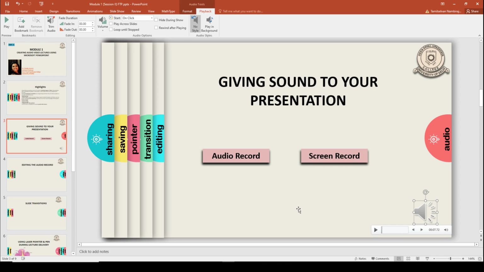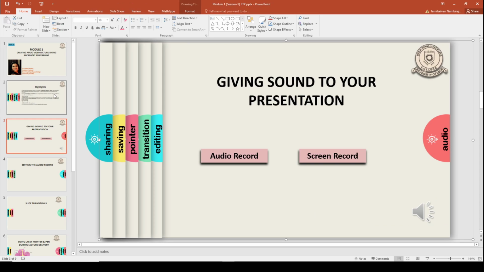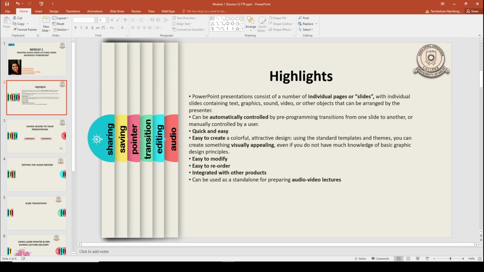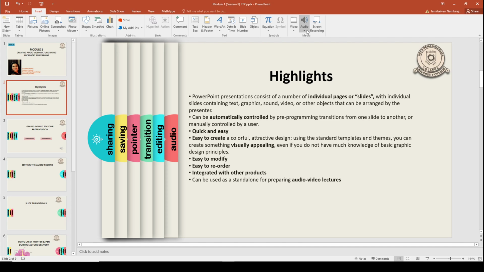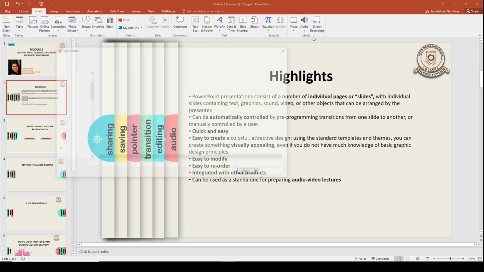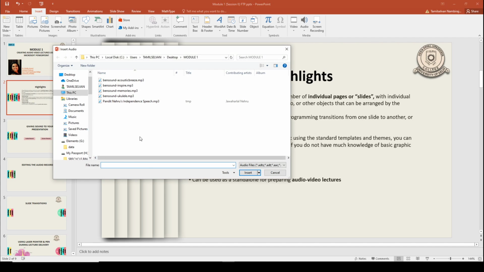So this is how you can include or insert any audio file into your presentation. Now suppose you want to insert a song into your presentation, so again you go back to the insert tab, you go to the audio button, click on audio on my PC. Now you can insert any song that you have saved on your system.